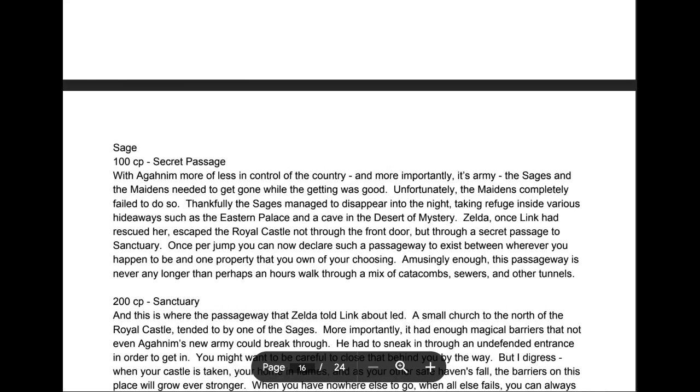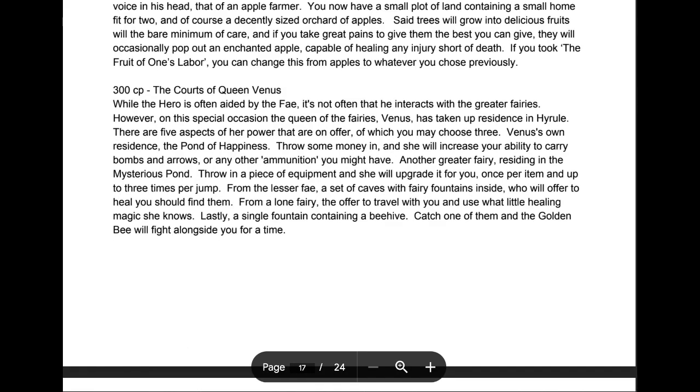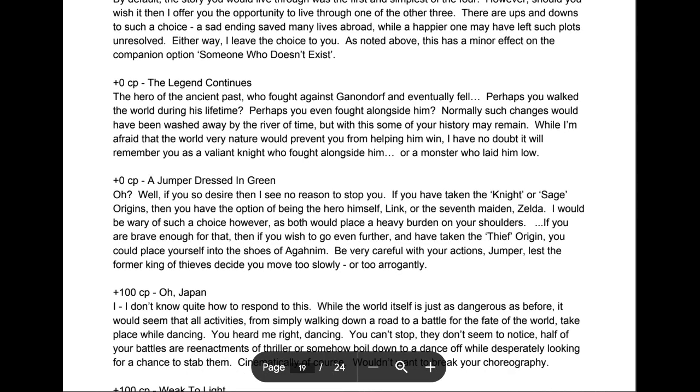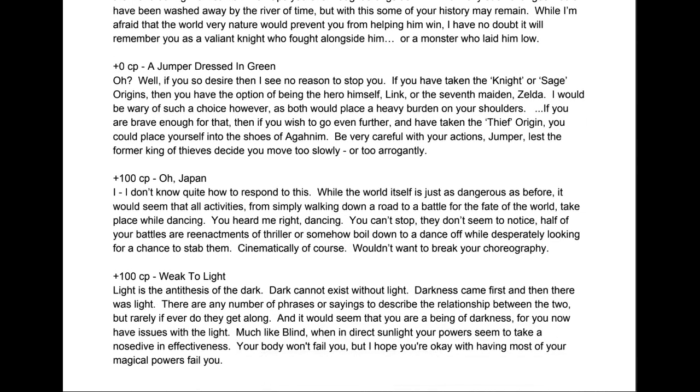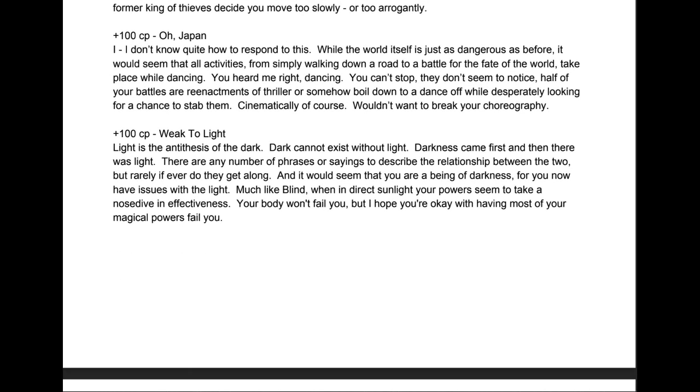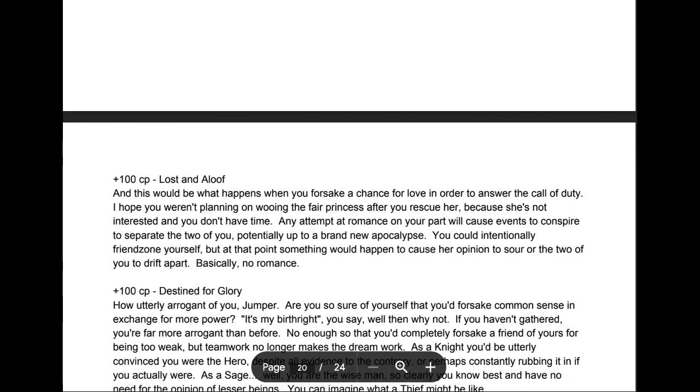Alright, so let's jump on over to the drawbacks. There we go. So all we need is 100 choice points. We don't want to add either of those two things, but potentially up to